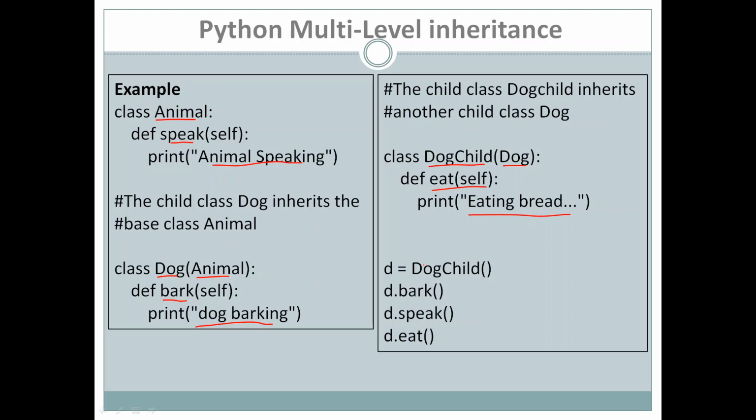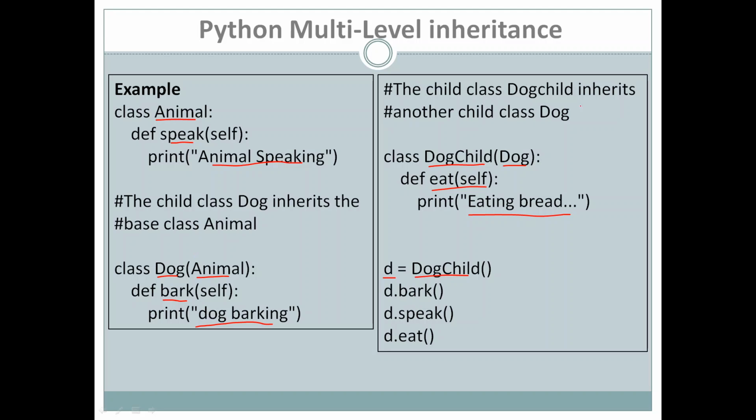Okay, then we are creating an object of class DogChild. So d = DogChild(), and if you look at the methods which we are calling, bark, speak and eat. If you look at the DogChild class, there is only one method in the DogChild class, that is eat. Even though we are able to access the methods bark and speak, which belong to Animal and class Dog,